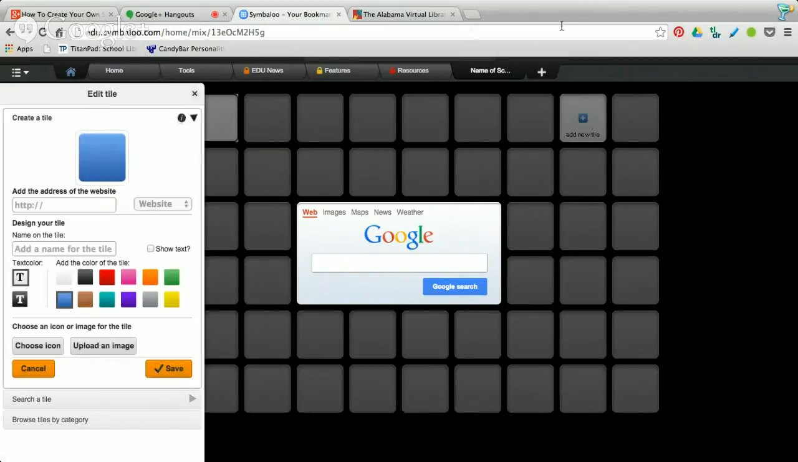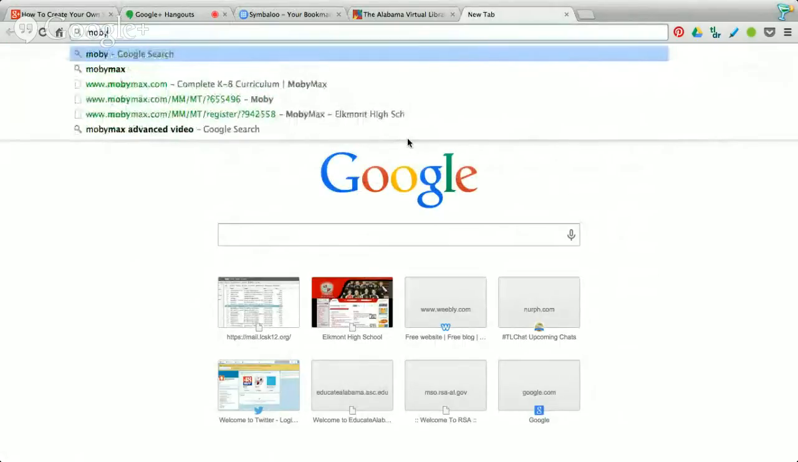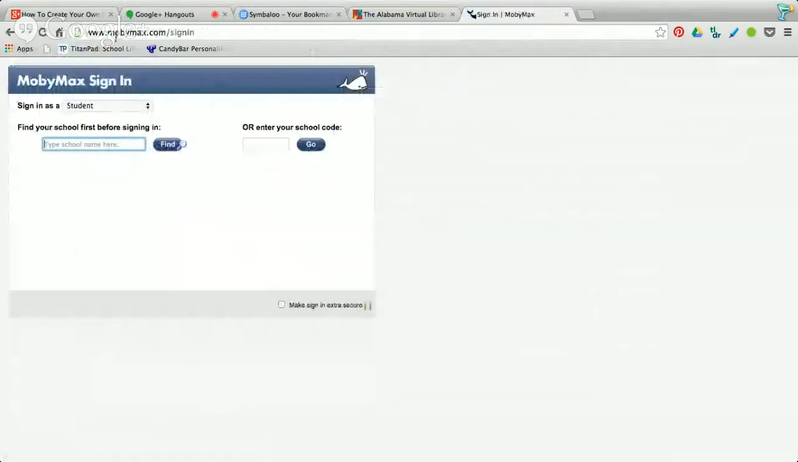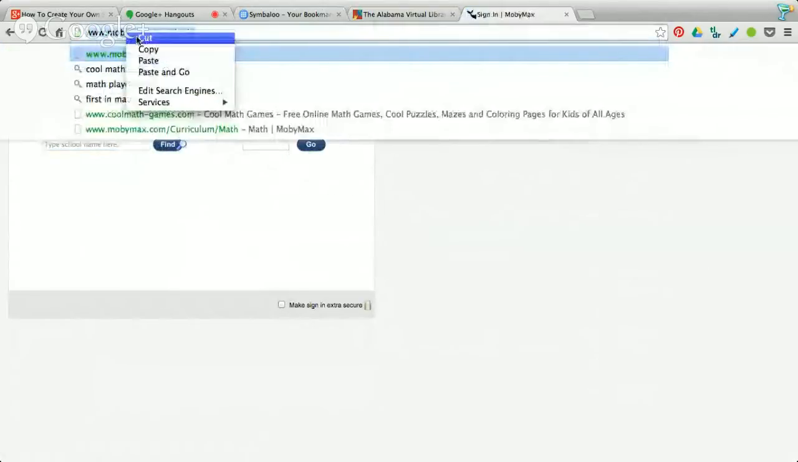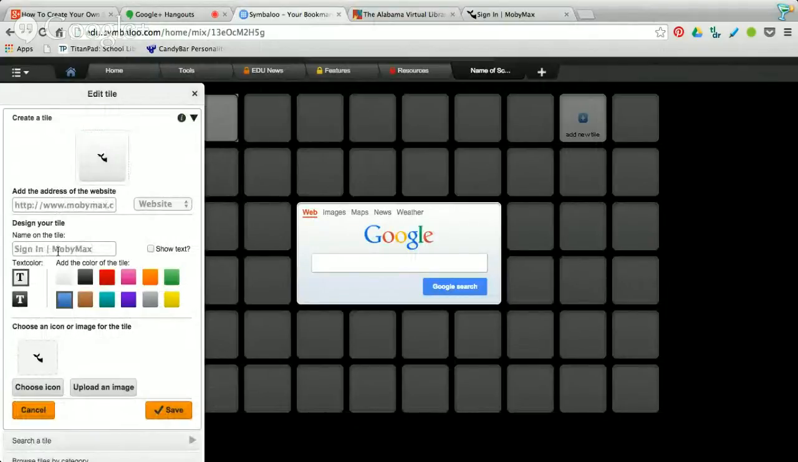What if the tile I'm creating doesn't have a symbol that I would like, let's say Moby Max. So I'm going to go out, I'm going to get Moby Max, and here's the student sign in, and I'm going to copy that, and again I copy and paste the URL and then come down and click. Well, now the icon I have to choose from here is itsy bitsy teensy weensy tiny, and I don't really like tiny little